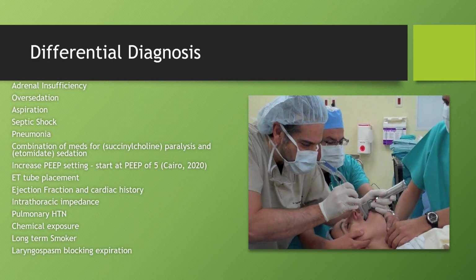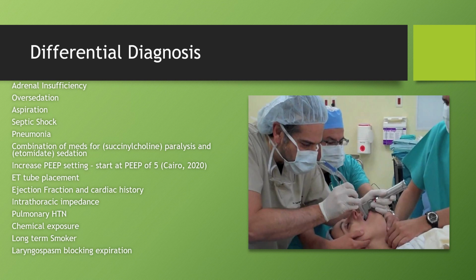So my differential diagnosis includes this list of things that I thought about for this older adult lady. She's obviously a younger older adult. She's 65, but these things popped into my mind. We have adrenal insufficiency. I'm in nephrology, so of course this is first on my list. There's oversedation with the medications involved. Aspiration, of course, during intubation, as you see in the picture, can happen. Septic shock, there is pneumonia, and there's a combination of meds, as already mentioned: succinylcholine for paralysis and etomidate for sedation. And of course, we have to consider the increased PEEP